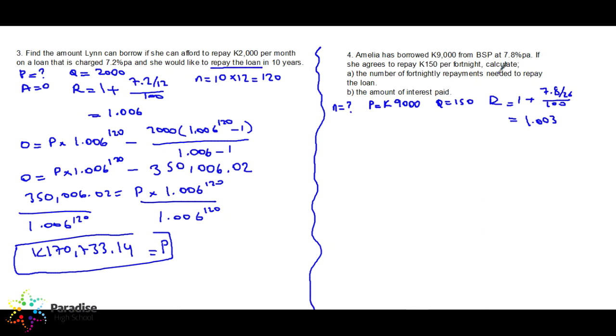The number needed to repay the loan means that A is equal to 0. Then 0 is equal to, let's substitute the values, 9,000 times R to the power of N, that's the question mark, minus Q times R to the power of N minus 1 over